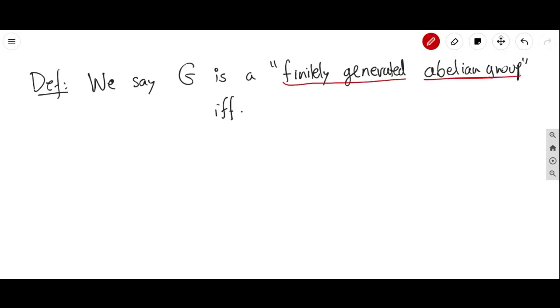That's not the problem. So we want to say what it means to be finitely generated if and only if we can find a collection of elements in G